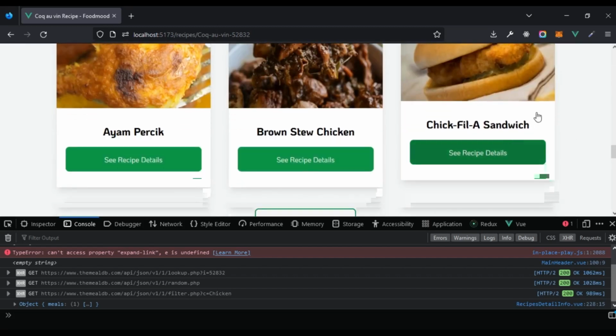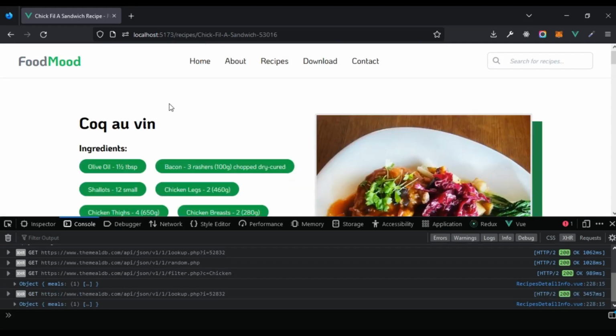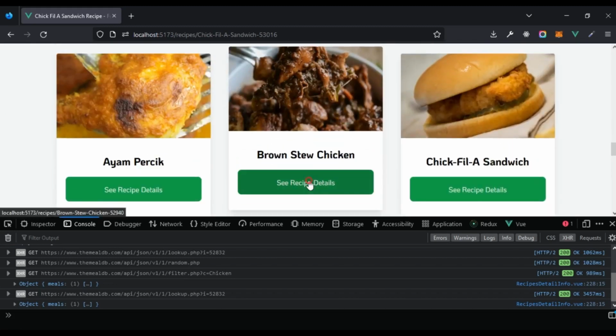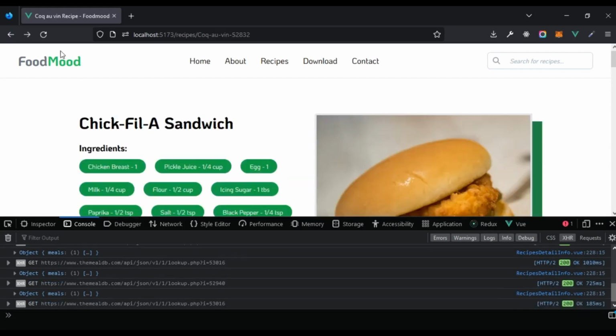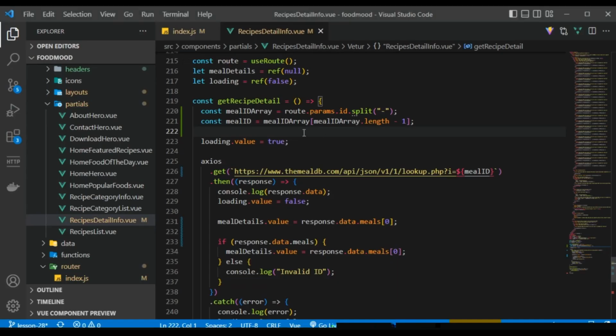All right, what if we click on another recipe? Let's see, Chick-fil-A sandwich. Okay, so we see something else that we actually have to fix. We are still getting the details of the old view, and let's see, what if we choose something else like this brown stew chicken, and we still see that not being updated. So we're basically going to fix that now, and I'm going to come back right here, and we're going to do a quick